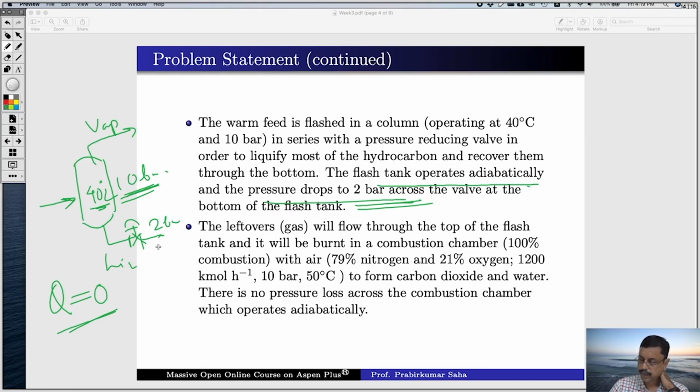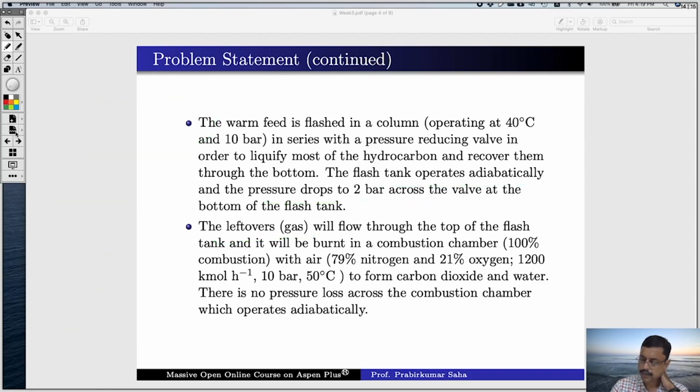Now the liquid has gone below, the vapor has gone above, so this vapor is called the leftover gas. The leftover gas will flow through the top of the flash tank and it will be burnt in a combustion chamber. So there will be a combustion chamber here. So this is the combustion chamber,